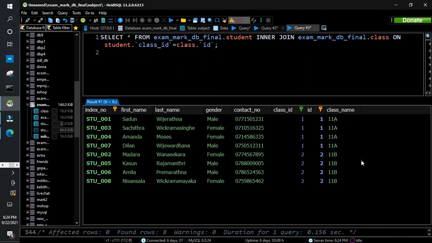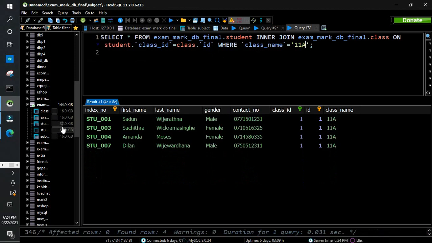Now as you can see, you have 11A students and 11B students. Okay. Now what I have to do is I have to give a condition where class name should be equal to 11A. Okay, now I have only the students of 11A.